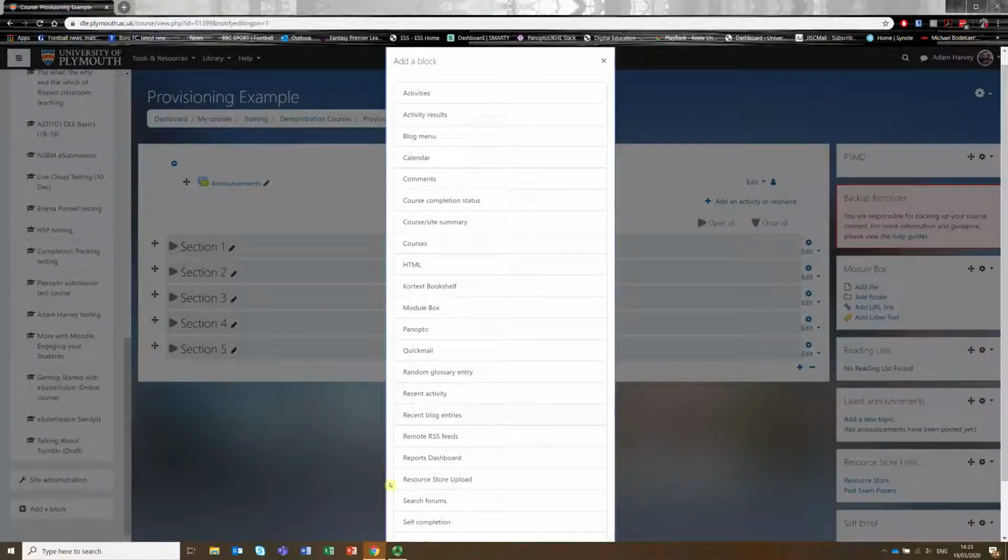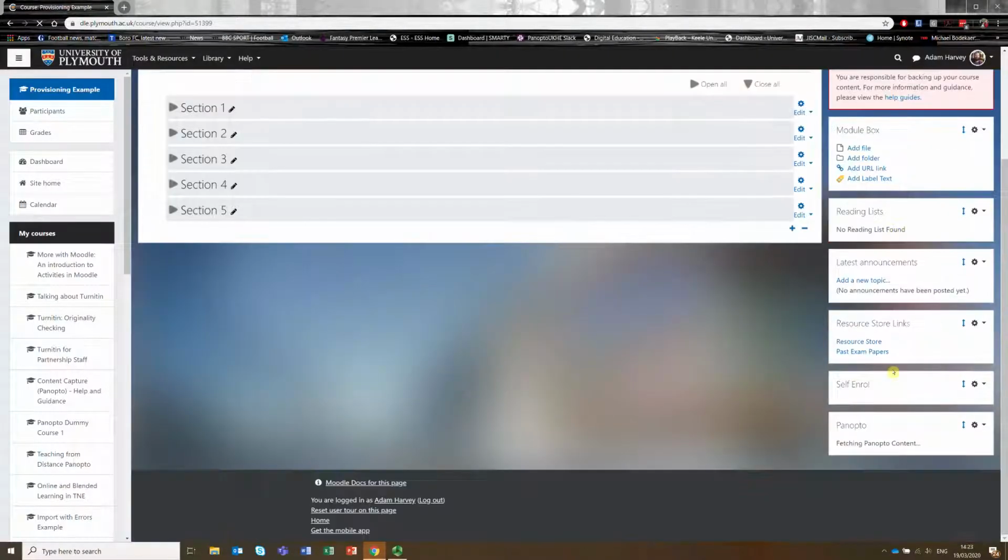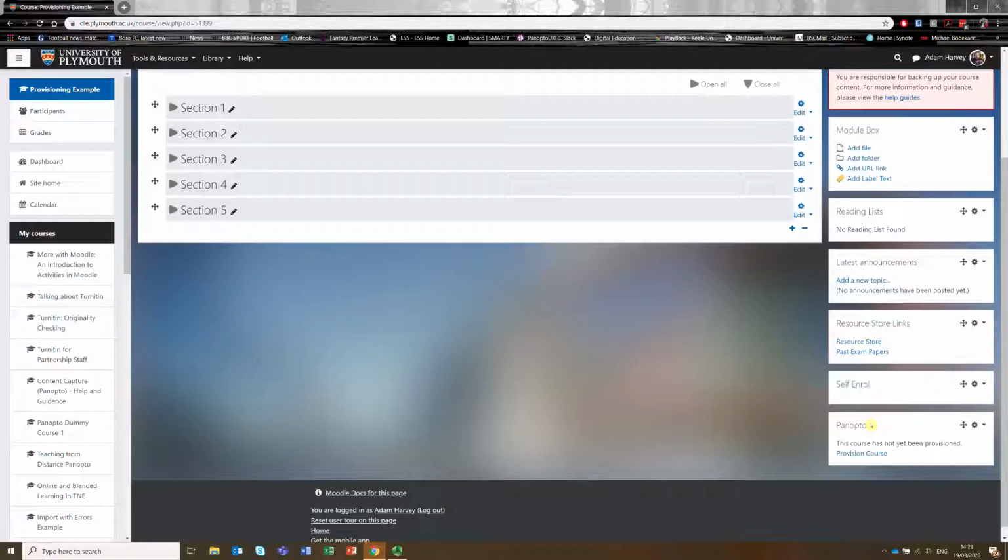If you click add block you'll see there's an option to click on a block called Panopto. If we click on that, the page will reload, and at the bottom of the right hand side is a block called Panopto, and you will see that it has not yet been provisioned, but there is the text to provision course here. So if we click on that it will bring us through,